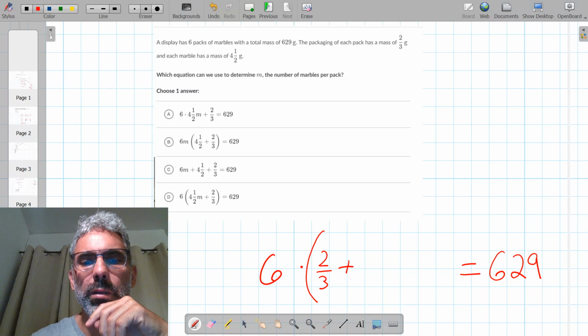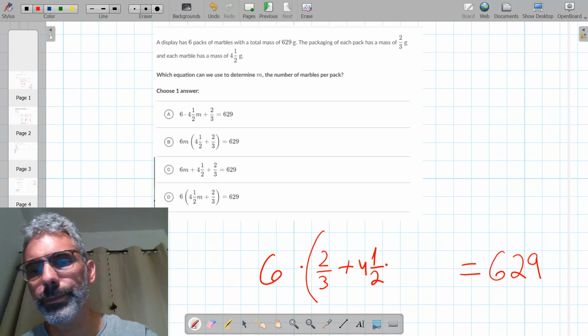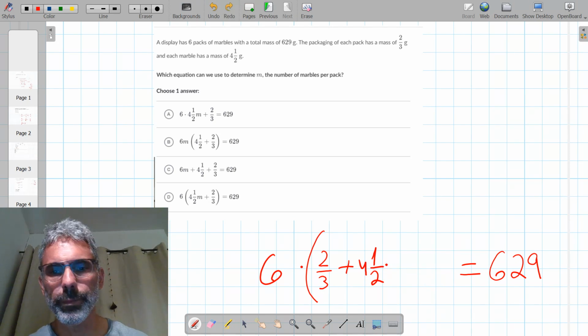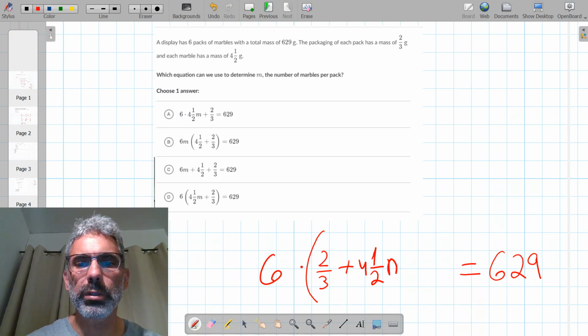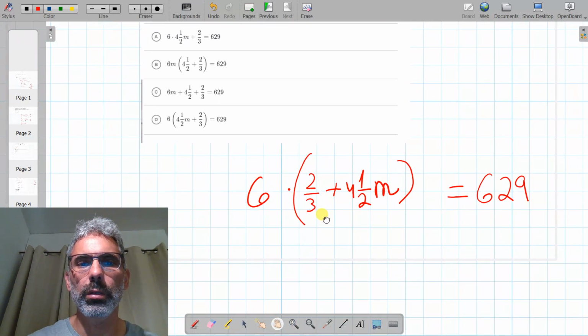Plus 4.5 grams times M, which is the number of marbles. Okay, so within the parentheses, that's the mass of each pack, and we have 6 packs. Okay,